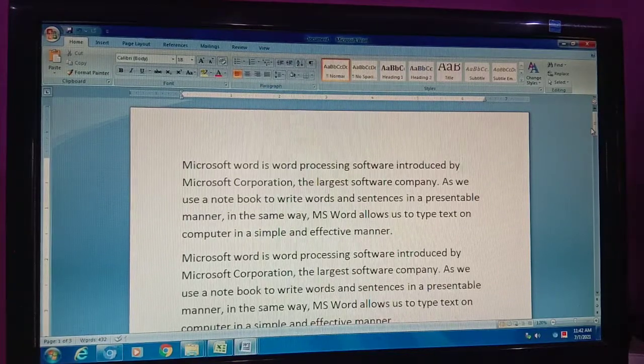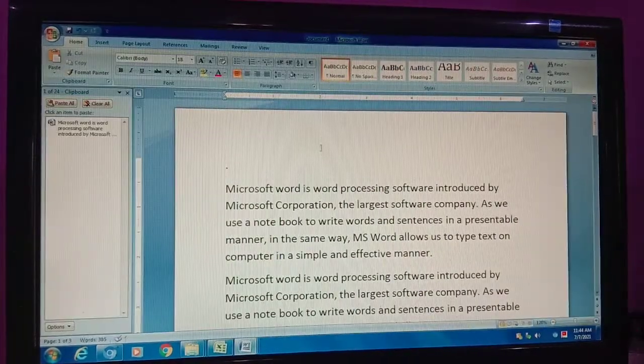Now let me clear you. Students, let me explain about what happens when you copy something and when you paste something. When you copy something, it is not pasted anywhere yet. When you click on paste, then it will be pasted somewhere else.